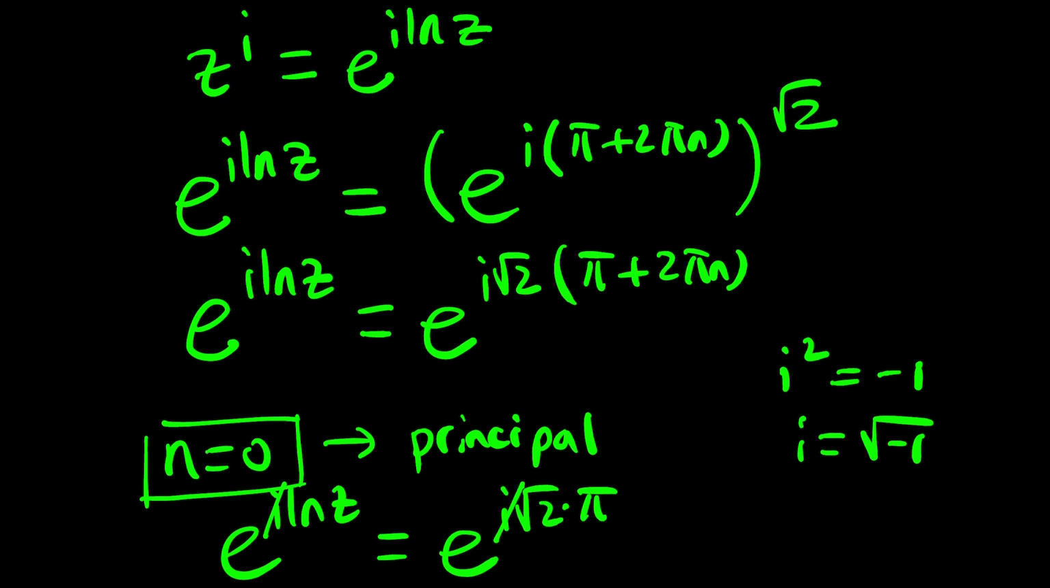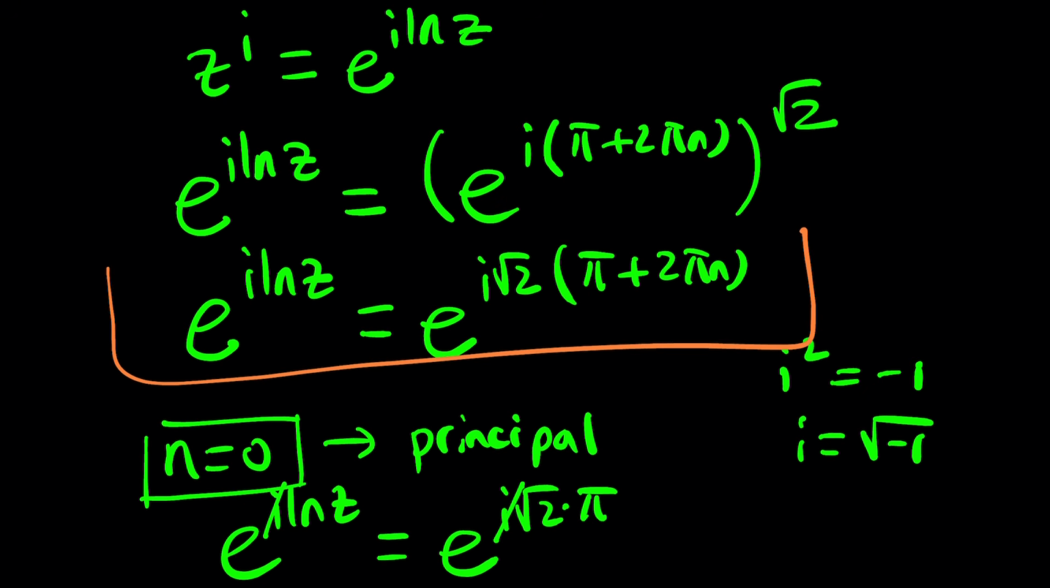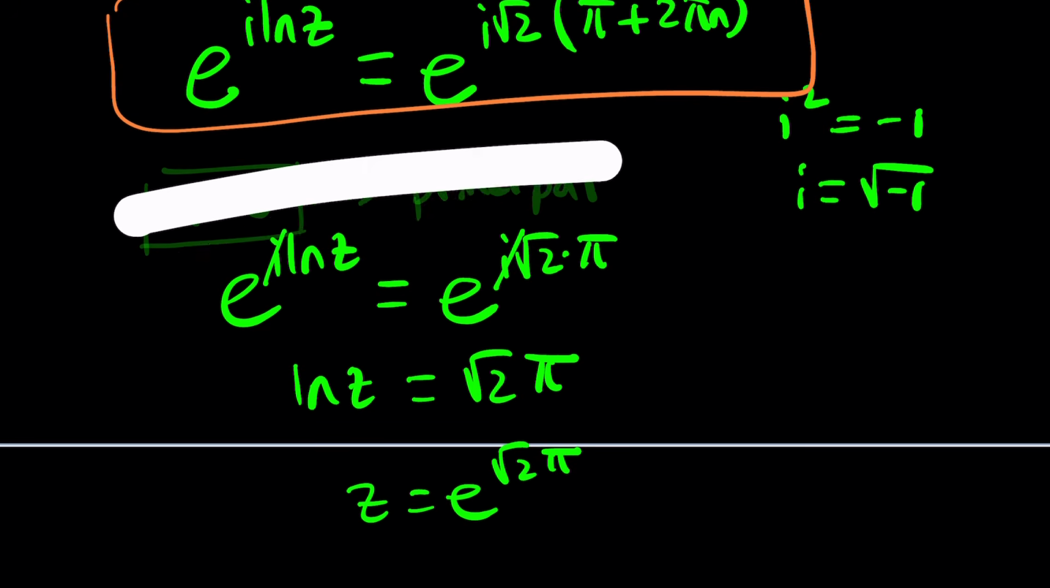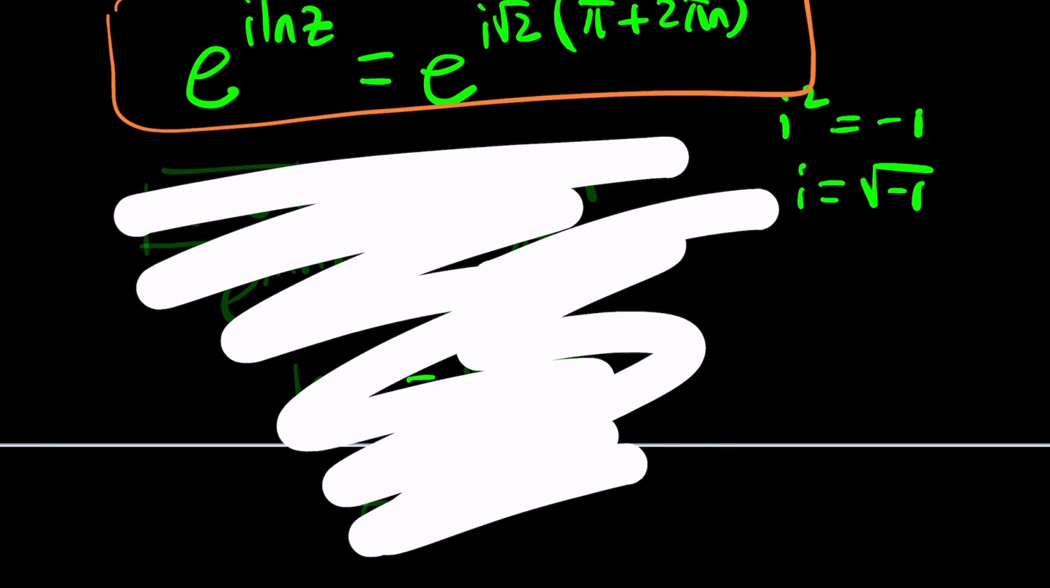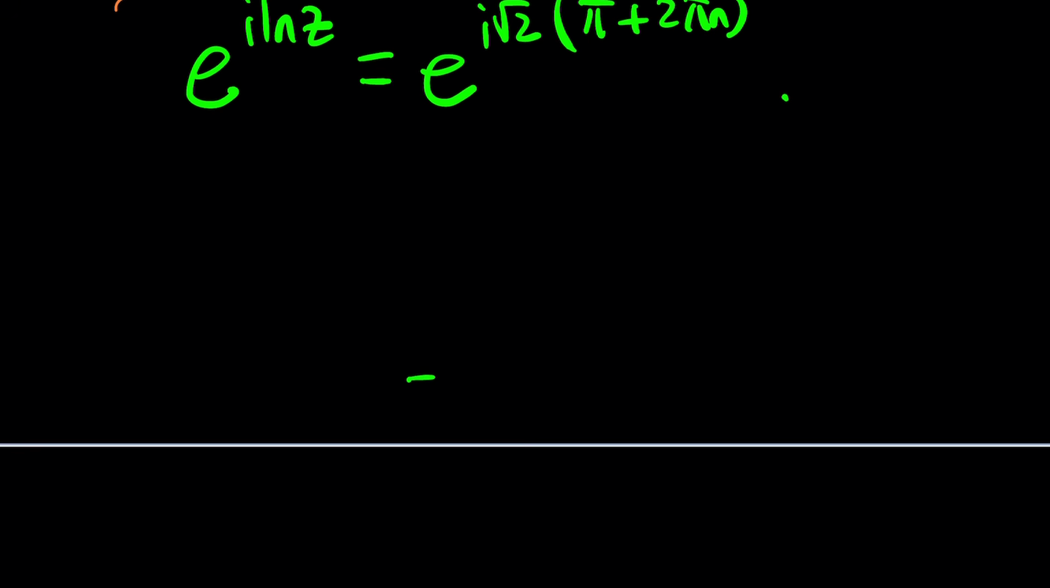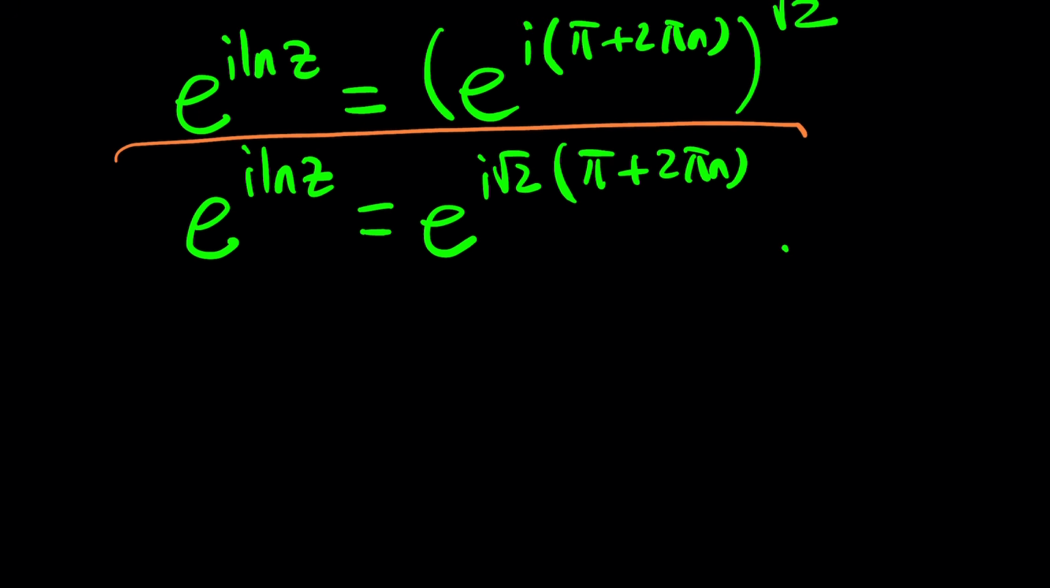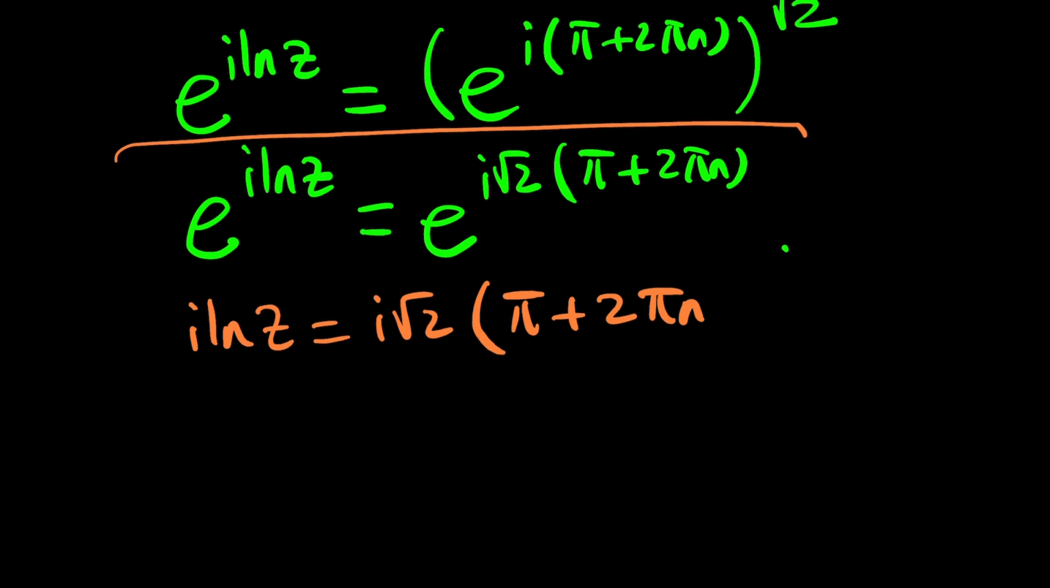Let's go ahead and look at the general case and see if we can solve this problem in the most general sense, okay? Let's go ahead and erase this area now so we can use it again, being lazy here. All right, now we're going to go ahead and do this. Natural log both sides, and it's going to give us the exact same thing. i ln z equals i root 2 multiplied by pi plus 2 pi n. And then here you can cancel out the i's, and you end up with ln z,